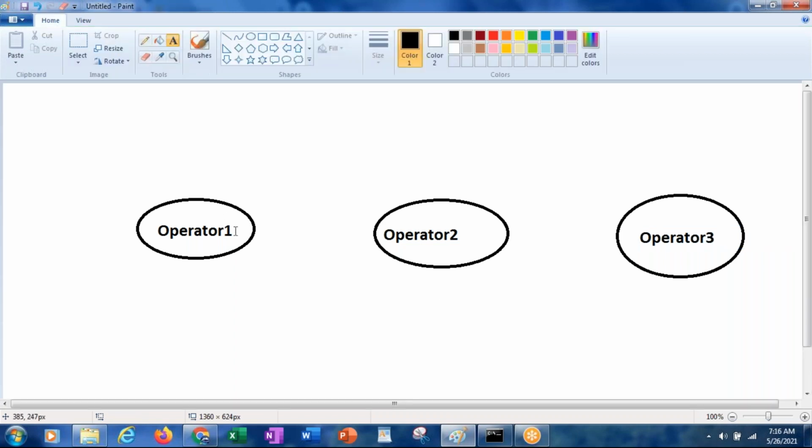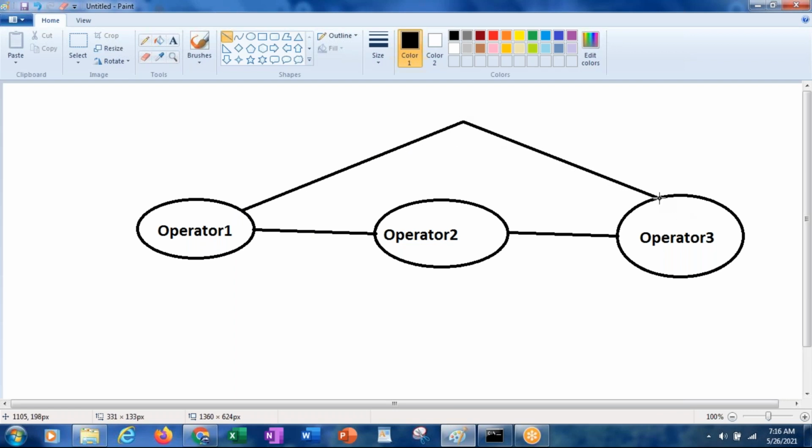Okay, now when this person applies for the leave, it will go for approval with operator 2. And if operator 2 wants to go on leave, then it will go for the approval of operator 3. But if operator 2 is on leave, when operator 1 applies for leave, how exactly will it go? It will go for the approval with operator 3. Why? Because for operator 1, as operator 2 is not available,